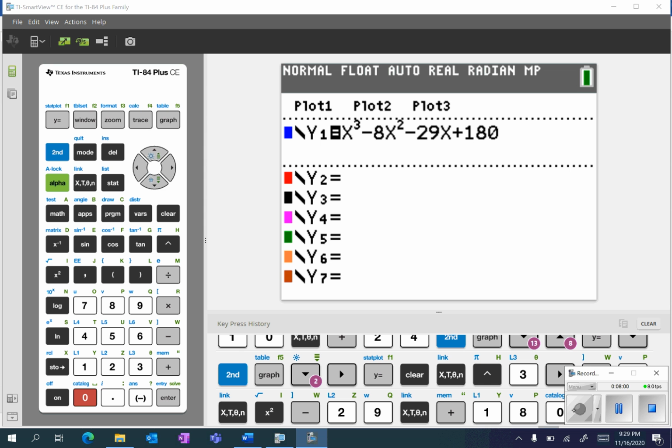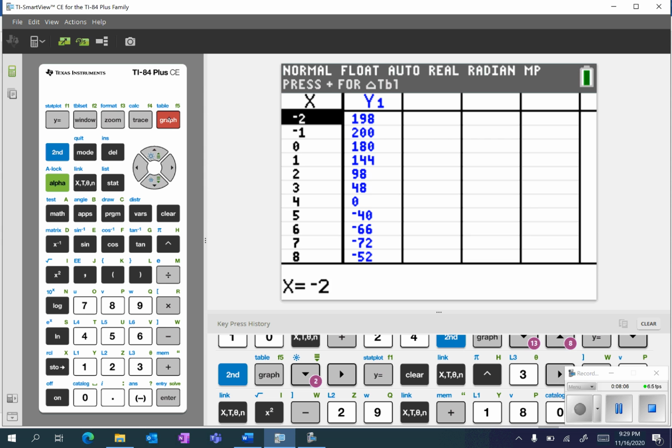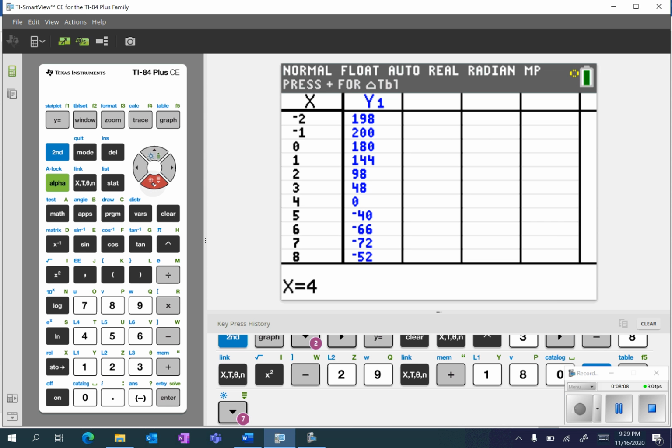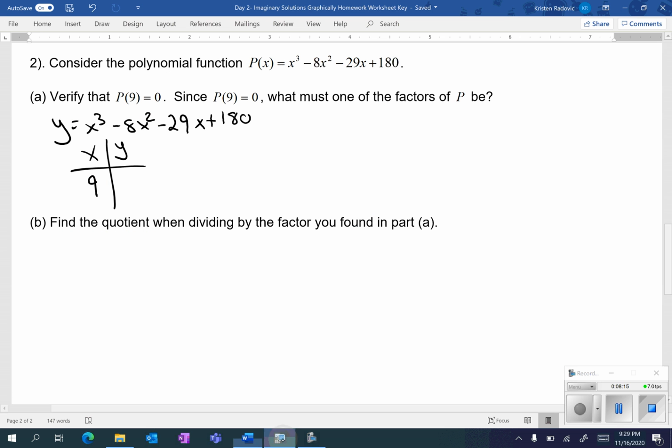So I typed the equation into my calculator, and now I'm going to go to the table. And I'm going to scroll down to 9, which in fact gives me 0. So I verified it. When I plugged in 9, it gave me 0. The other way is substituting 9 in by hand and evaluating it that way. Now, if x equals 9